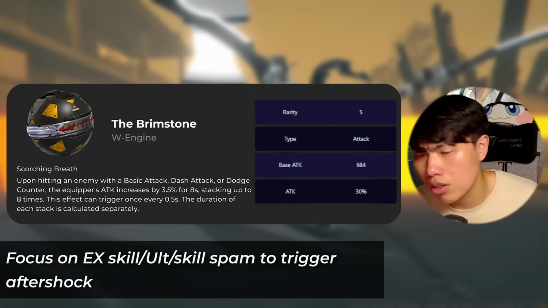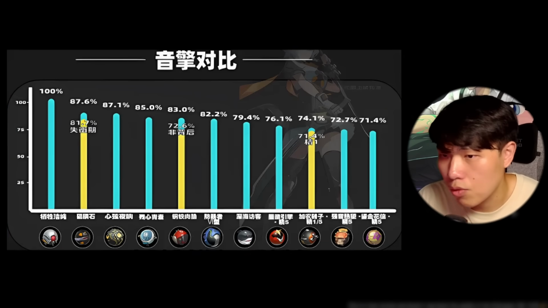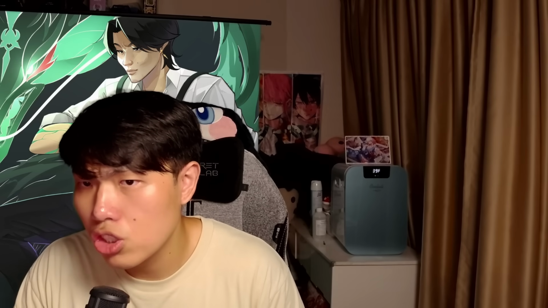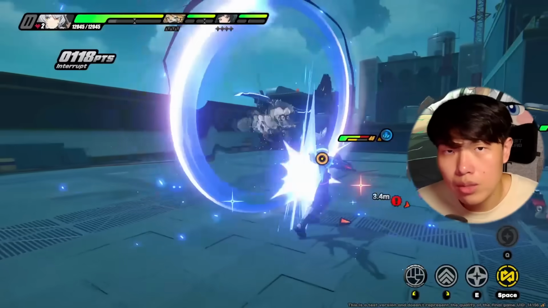So that is something to consider. Everything else you can see from this chart over here from the CN community is going to be as a basis for comparison, right? So that is going to be that for the W-Engine. And then jumping into the build, Sanby actually has a very straightforward build, which is going to be involving the